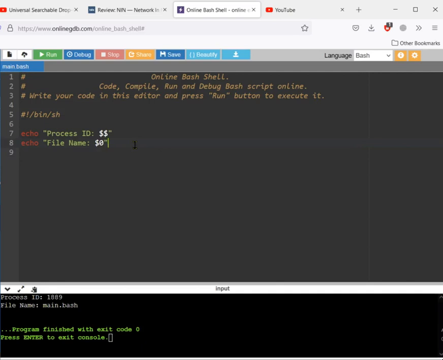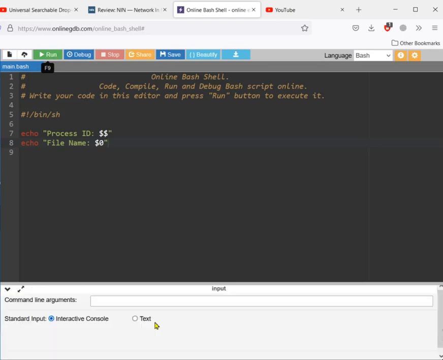So in this example, till now we are just clicking the run button and executing the shell script as it is. But suppose we want to feed some arguments while running this code, like in any other language such as Python or C, where we provide command line arguments while running the program. Here also we have the option to provide input arguments while running the code. For that you need to put the cursor here and press the enter button. It will open the command line arguments.